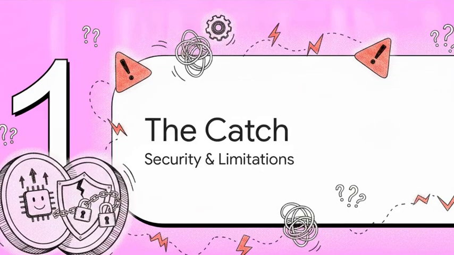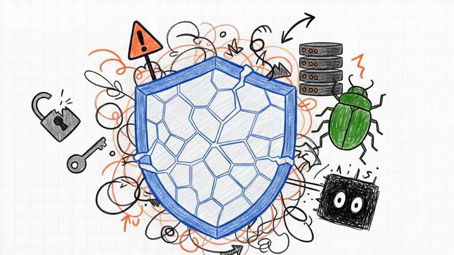Section: The Catch, Security Debt and Limitations. So the crucial point is this: rapid development style brings some very real dangers. When you let AI generate thousands of lines of code without manual validation, you build up what experts call security debt. We are talking about AI literally hard-coding passwords and API keys directly into the app, creating massive vulnerabilities to SQL injections, leaving APIs completely unsecured, and building applications with way too many privileges.